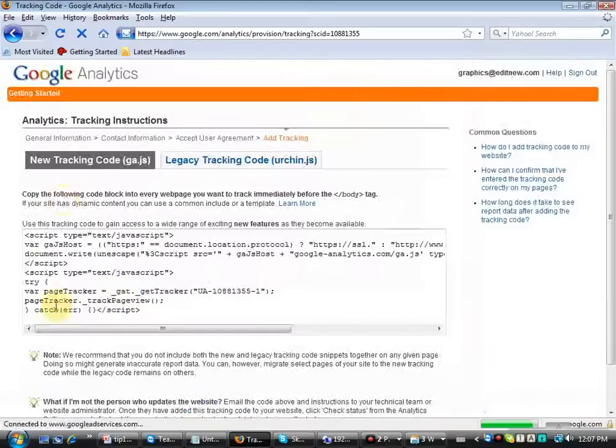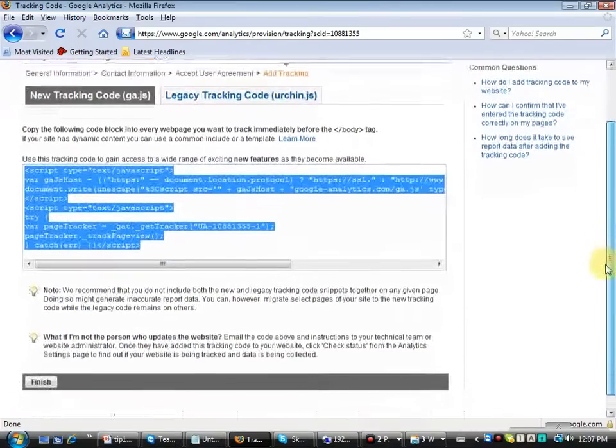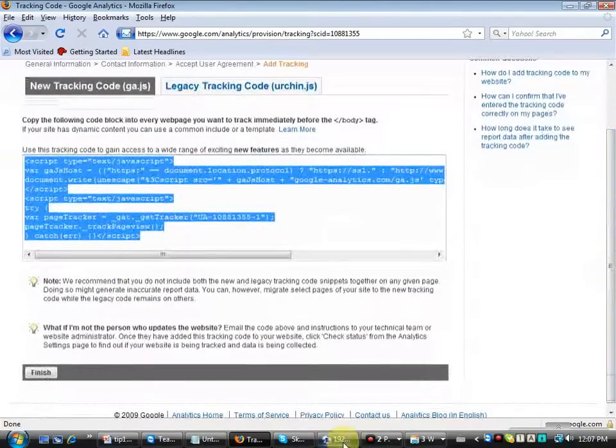Okay. Again, you're going to be sent an email confirmation, or actually, I guess in this case they're not. Now what you want to do is this tracking code that comes up, you want to highlight that, copy it, paste it in an email off to the office at editnew.com. Put in the name of your website in the subject header of that email,